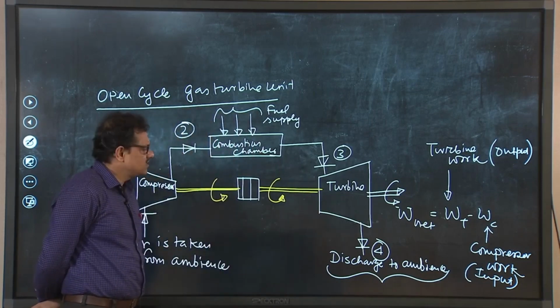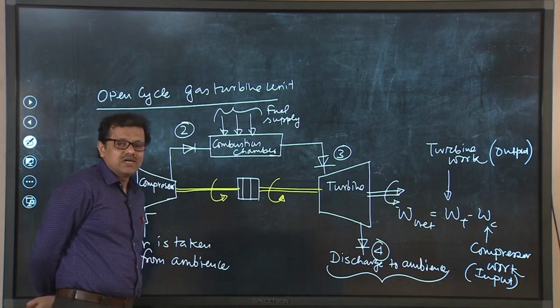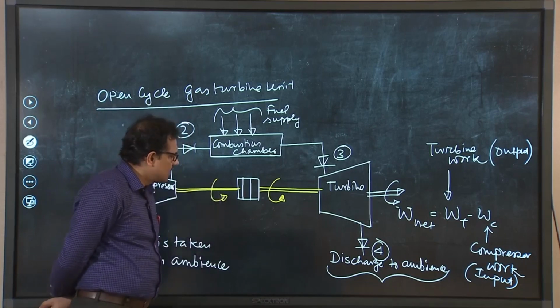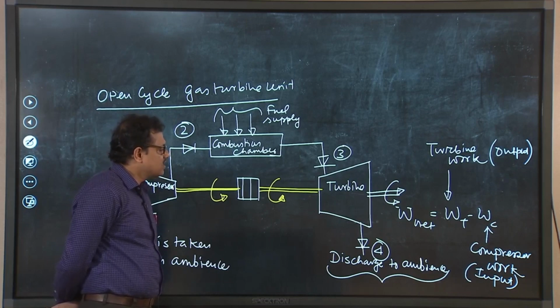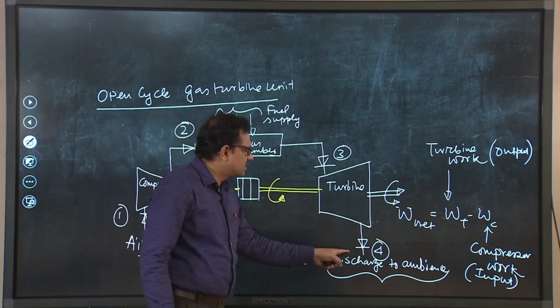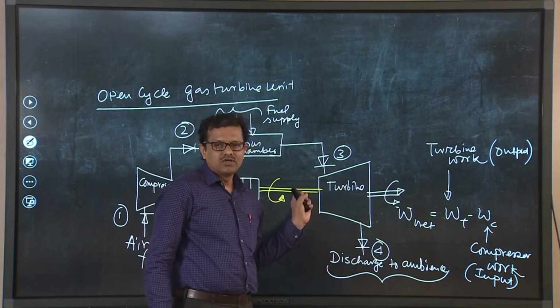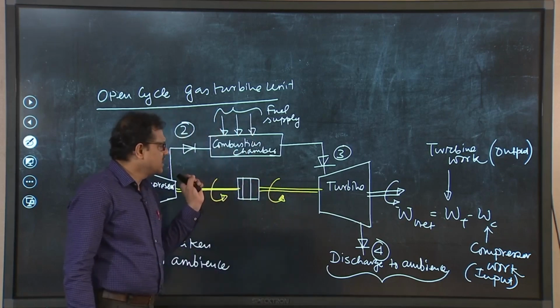Another important thing is that the open cycle gas turbine unit cannot be compared with the constant pressure cycle, because, try to understand, here we are again discharging the working fluid to the ambience. So, it is not a constant pressure cycle. Second thing,